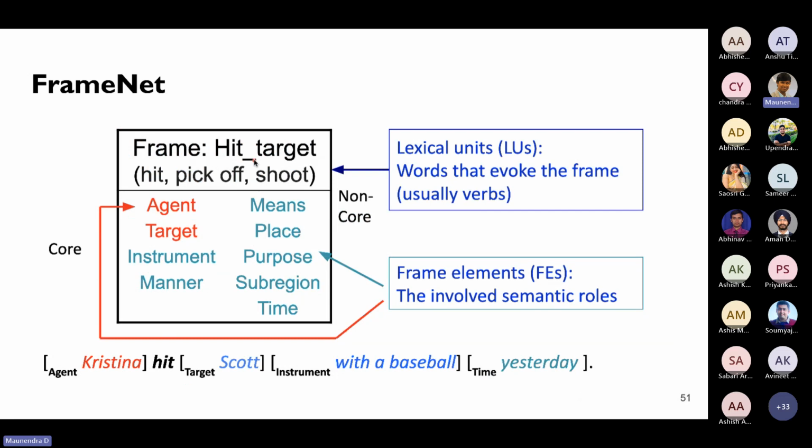For example, there could be a frame called hit target, where the participating verbs could be hit, pick off, shoot, and so on. Now, here you'll have agent and target. Those are most likely expected to be there in every case. And then you'll also have a few optional things, which will be